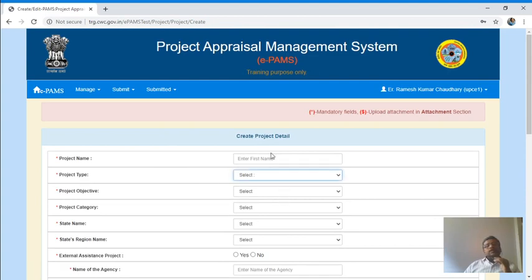Suppose you select flood control coastal, objective flood control, drainage, coastal protection. These are the parameters on which your workflow will depend. It will be submitted in Central Water Commission.